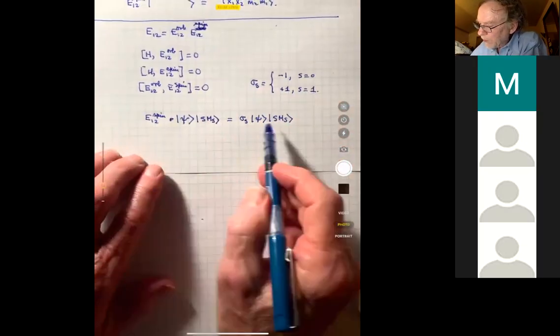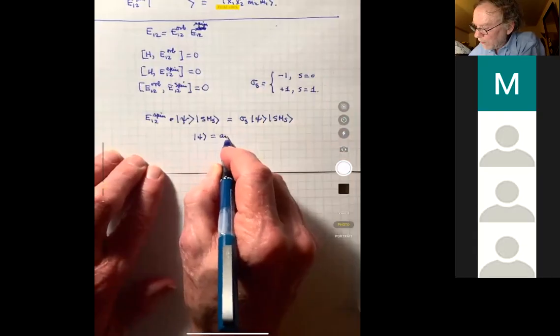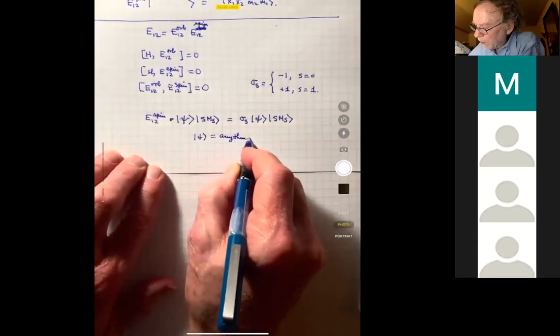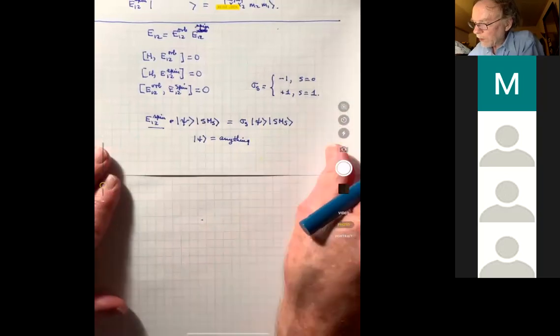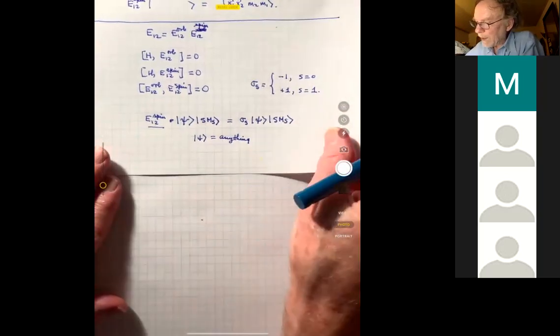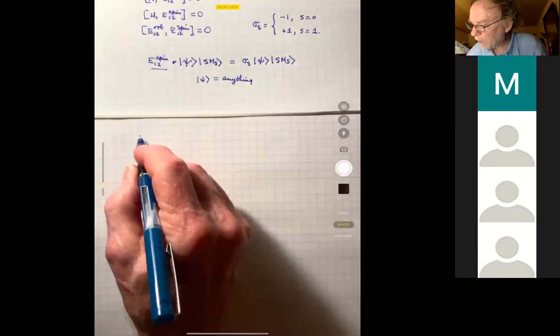So this gives us the eigenstate, and the psi here, the spatial part of this wave function, is anything. It's anything if all you want is an eigenstate of E12 spin. All right, so it looks like that. This is really just separation of variables if you want to make that happen. Now, to make it an eigenstate of E12 orbital,